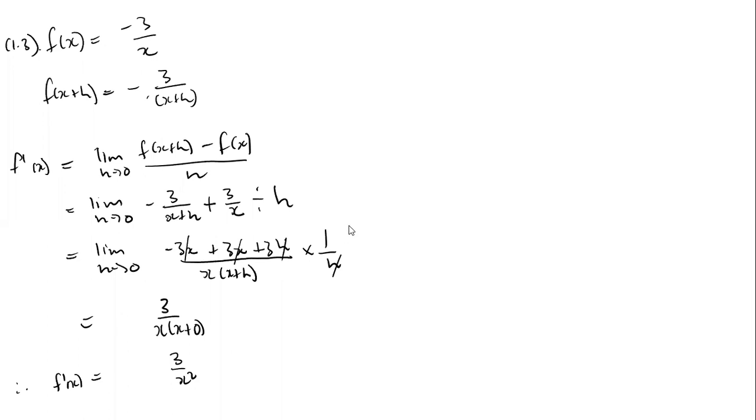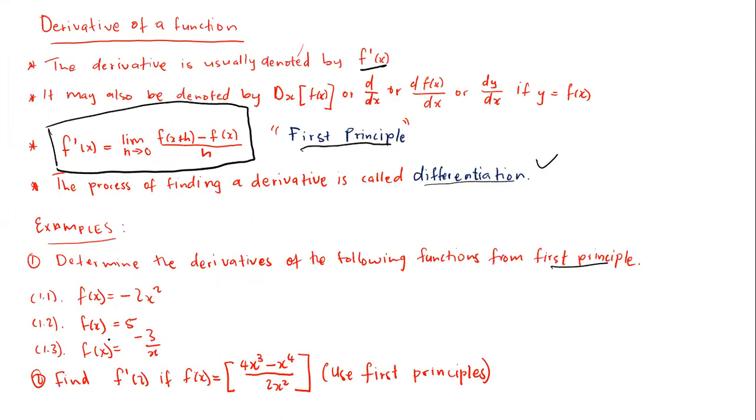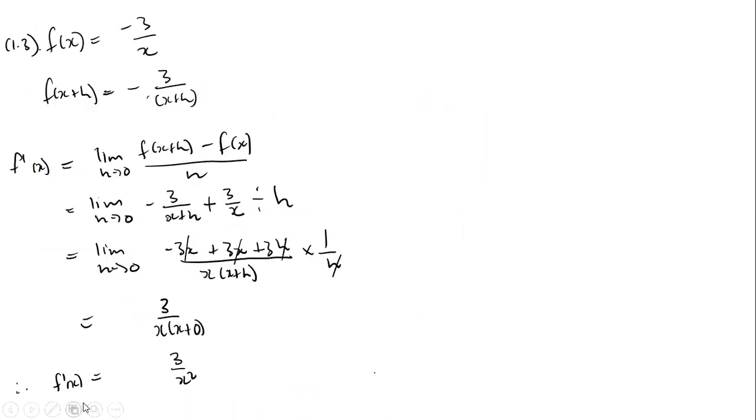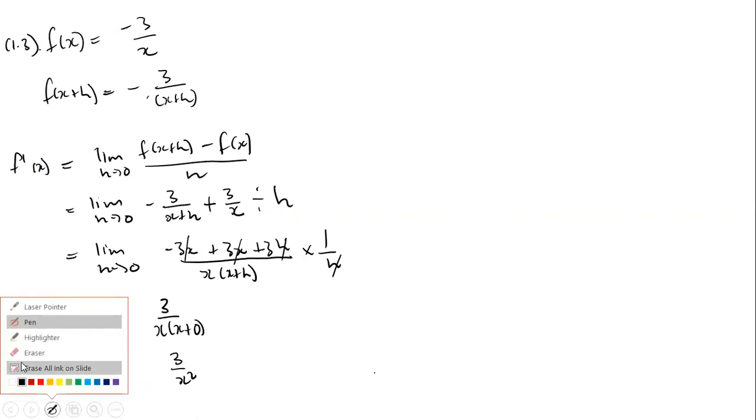Now, let us do the last question. The last question, which is number 2, says: find the first derivative at 2 if f at x is equal to this. Use first principle. Okay. So remember, let me erase. Now we want to find the first derivative at 2, if f of x is equal to